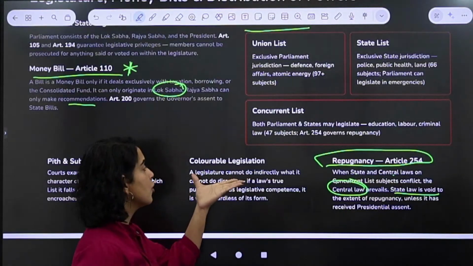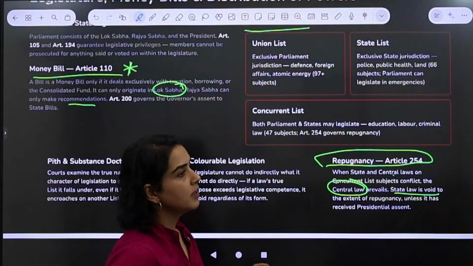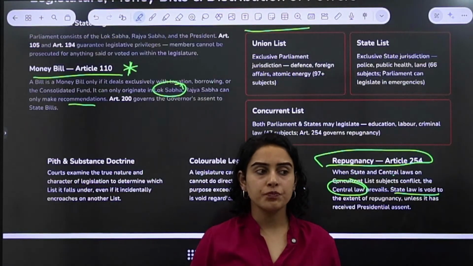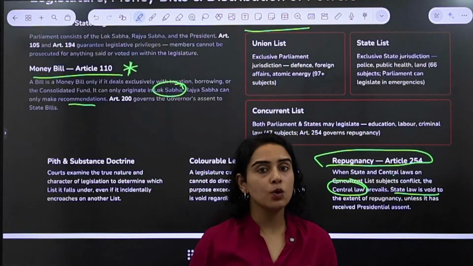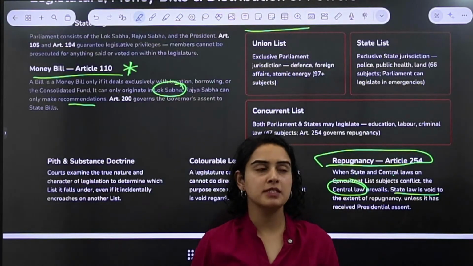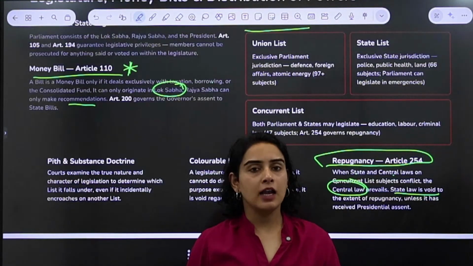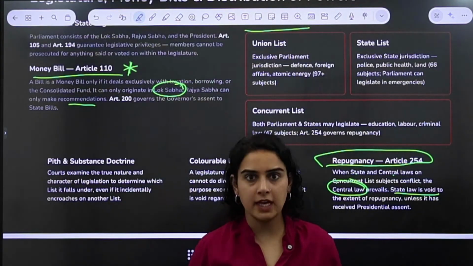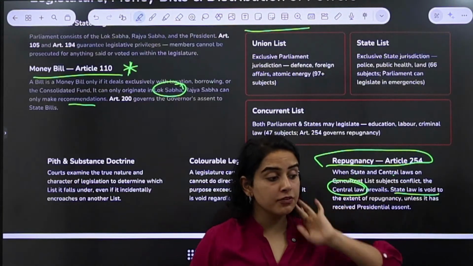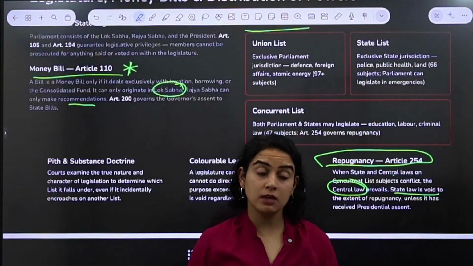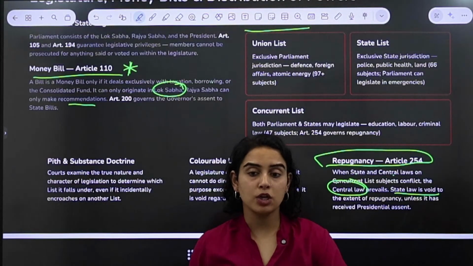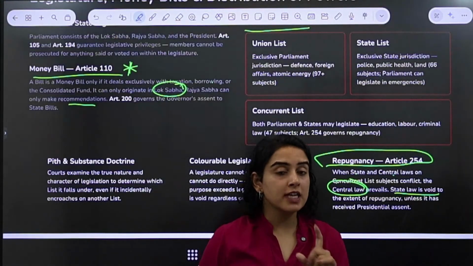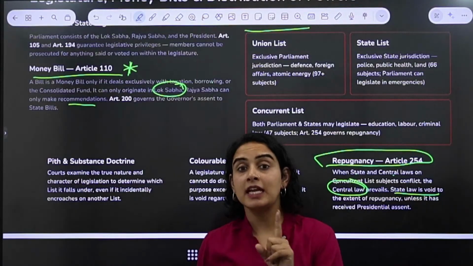Okay, then we have doctrine of colorable legislation, which means that if the parliament, if the lawmakers do not have the power to do something directly, then they can also not do it indirectly. Now, for example, state of Gujarat or state of Bihar are dry states. Alcohol is prohibited there, right? So in that case, if the law basically says that alcohol cannot be sold and cannot be purchased directly, right? So if it cannot be done directly, then if it is being done indirectly,